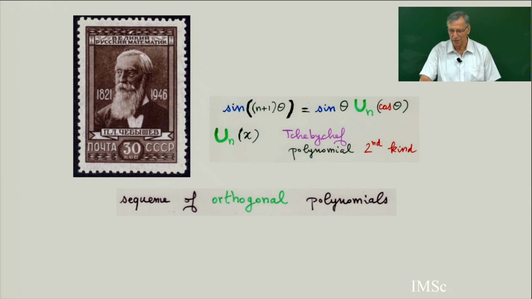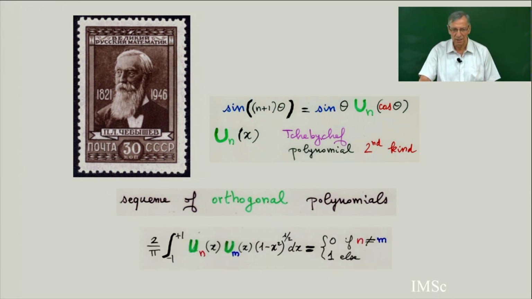Orthogonal means there is a scalar product for which they are orthogonal. So this is a classical scalar product of two Chebyshev polynomial with a certain integral, and this scalar product is 0 if n is different from m, and 1 if n equals m. So it is the classical point of view on orthogonal polynomial, where the scalar product belongs to analysis with integral and so on. In fact, this polynomial can be interpreted combinatorially.